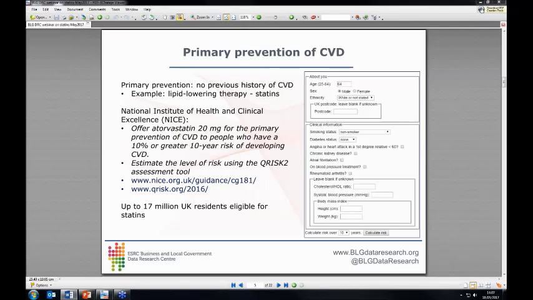On the slide, you see an image of the QRISK2 calculator that estimates the risk of a cardiac event. The main driver of the risk is age. The calculator is limited to ages 25 to 84. This is because when you are younger than 25, the cardiac risk is almost 0%. And when you're older than 84, the cardiac risk is at such a level you would in theory always benefit